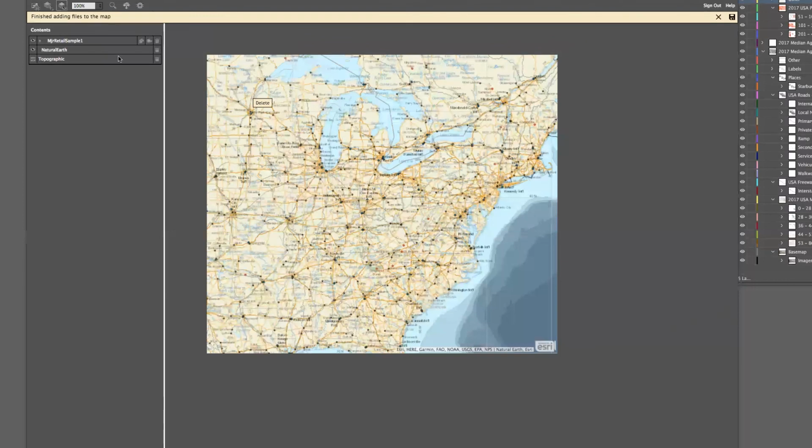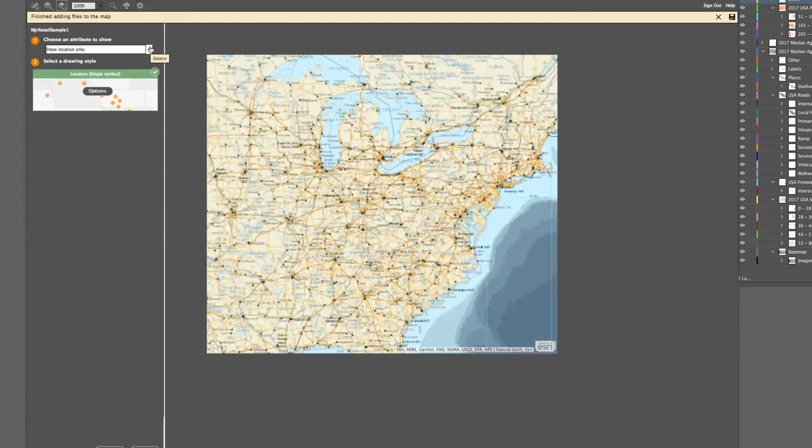So if you add some data, in this case, again, it's points. But if you had loaded a shapefile that has polygons, and you want to make a choropleth, what you would do is go to the change style dialog here, and you would pick, for example, again,